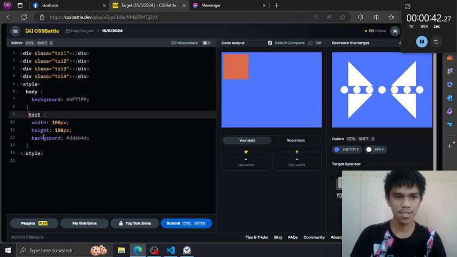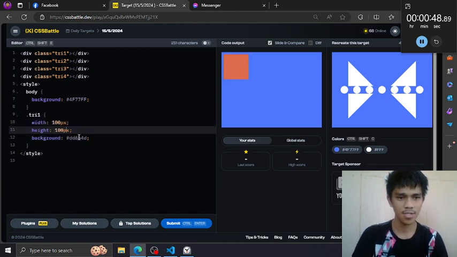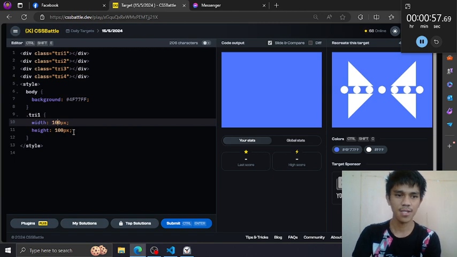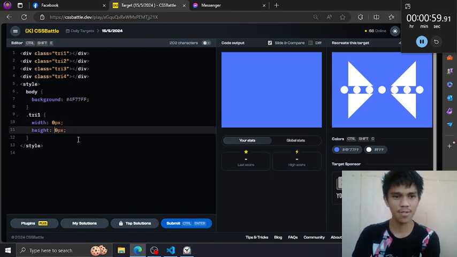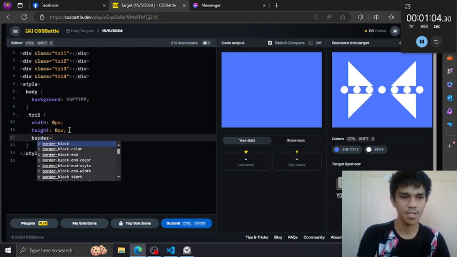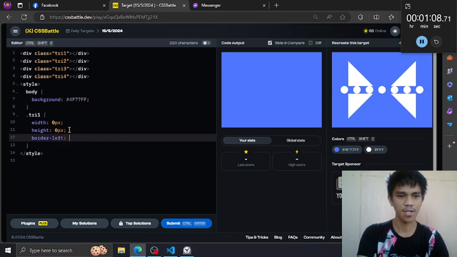Now let's start designing a triangle, creating a triangle. Let's just maintain that. So to create a triangle, remove this background property and then make the width 0, also the height. Then create a border left, that's right, border left 50, maybe for us 75 pixel.